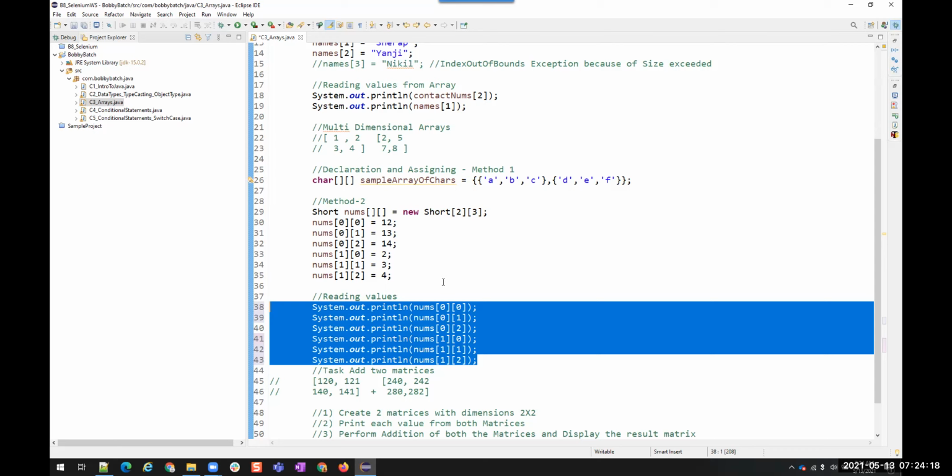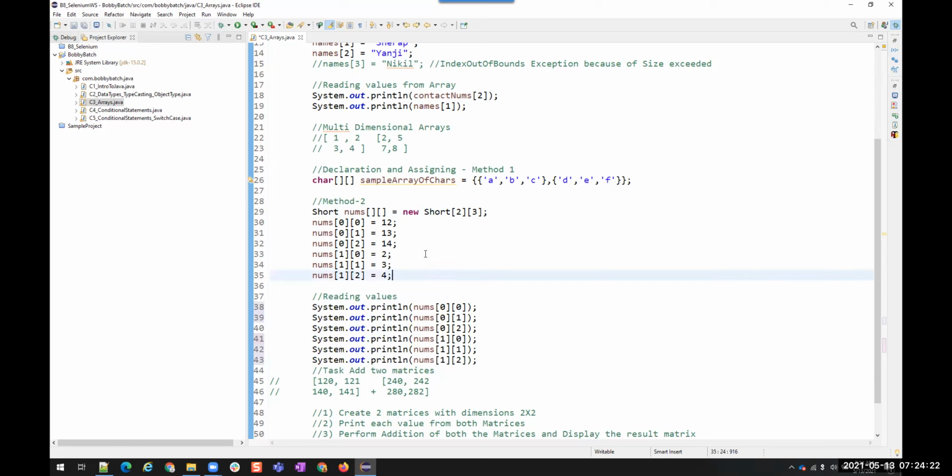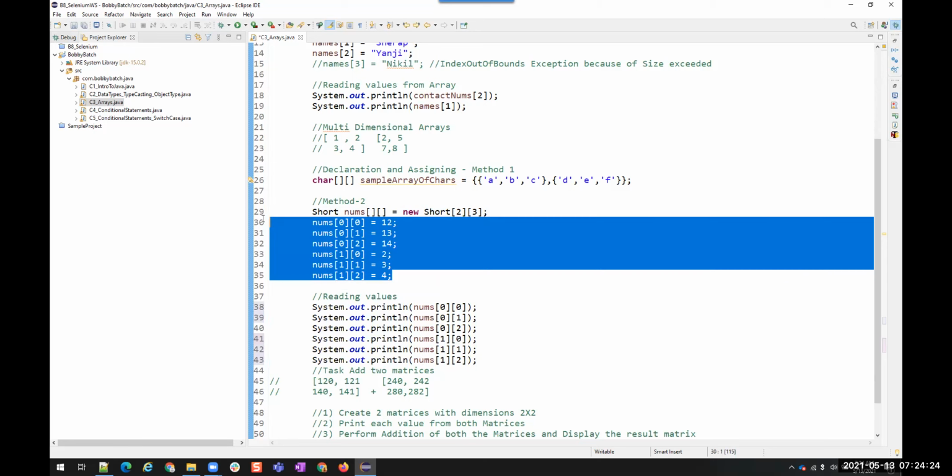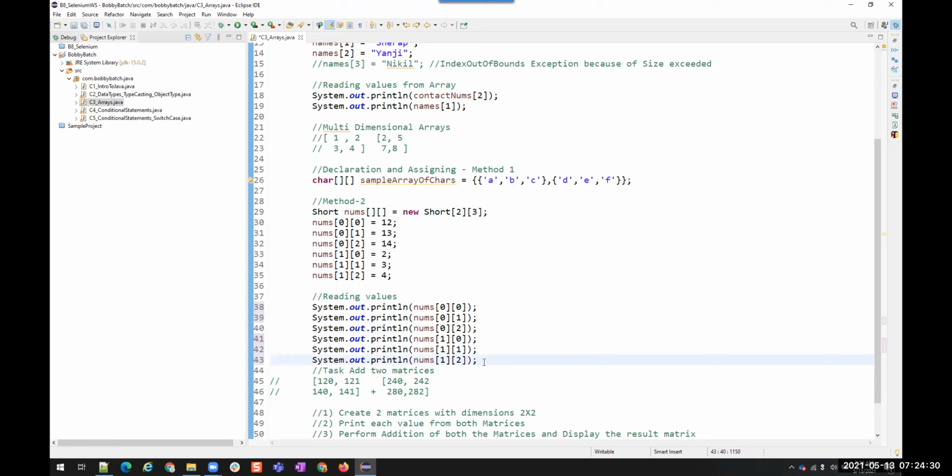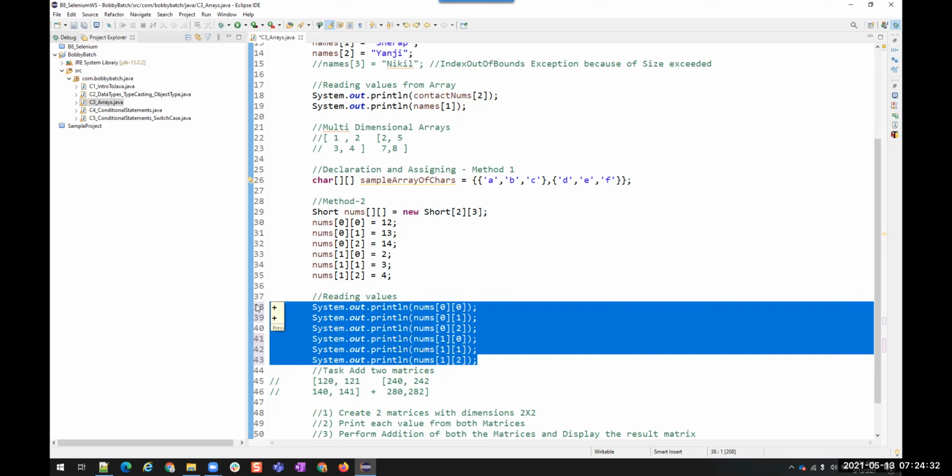Okay, coming to the condition. So what will be the condition? For example, there are only 6 values here. But if I do not have any condition, I am iterating an unlimited number of times. So it is going to try for the 7th element in the same array, and it is going to throw an exception.